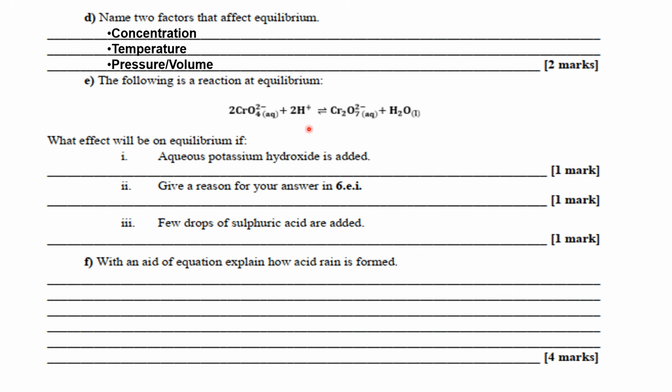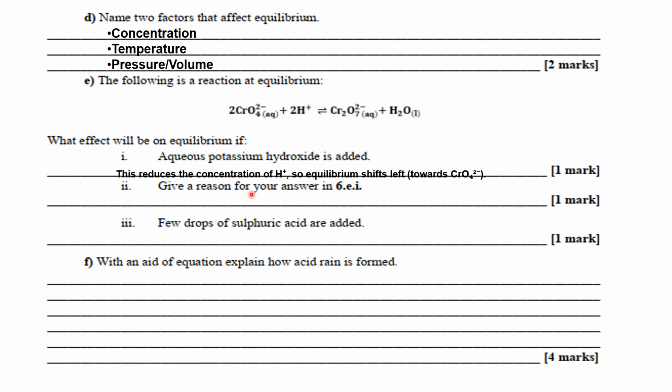If we add potassium hydroxide here, hydroxide is OH, has OH in it. What are we doing? It means we are adding to hydrogen to form more water. So the effect that's going to have is that